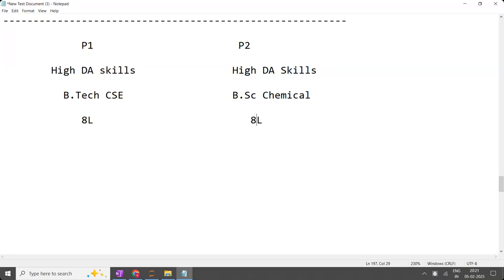So every company first checks whether this person is capable of completing the project or not. That is the top priority for them. If the person does not have the capability, even if he asks for 5,000 per month, we can't pay. What do I have to do with that? If a person comes and, for example, you don't know anything about data analysis, and you ask, sir, I want to do an internship in your company, I say, oh okay, I have given it. Next day morning, you come to my office and sit there. What will you do?